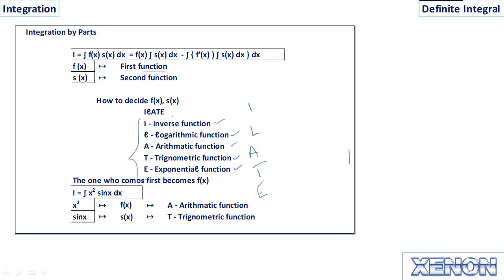So when we get a logarithmic or algebraic function, by applying the rule of ILATE, we will consider the logarithmic function as the first function, right? When we get algebraic and exponential functions, we will consider the algebraic function as the first function and the exponential function as the second function,